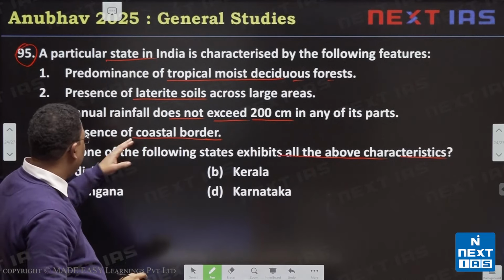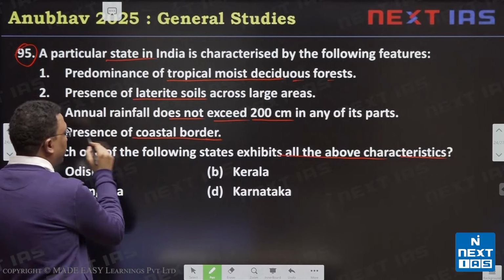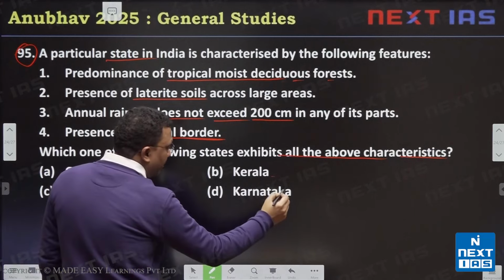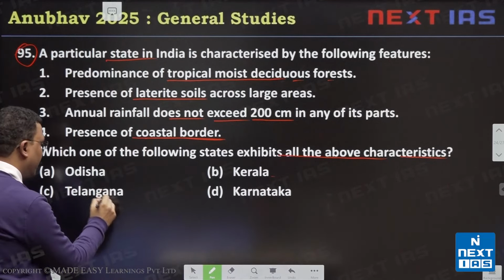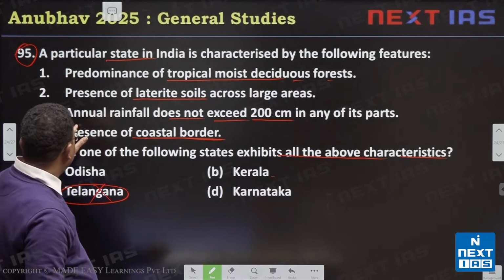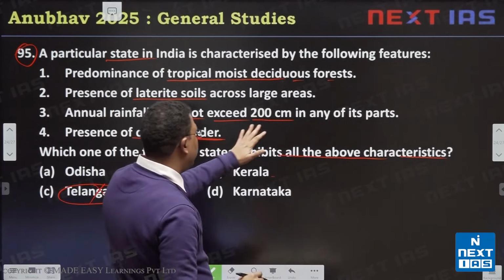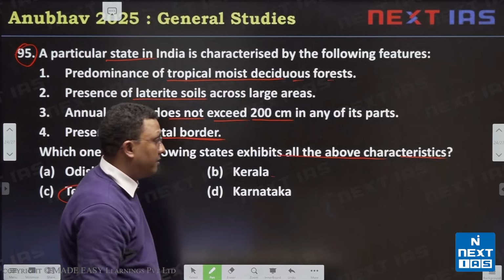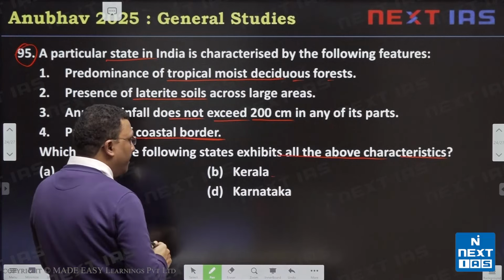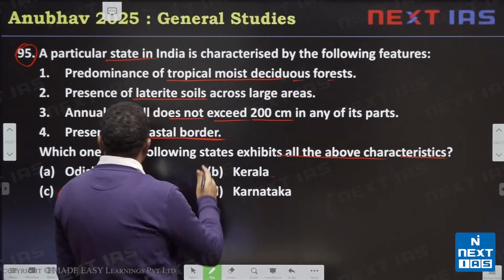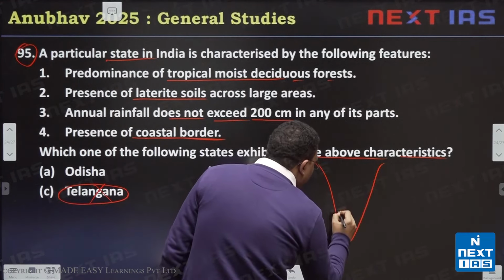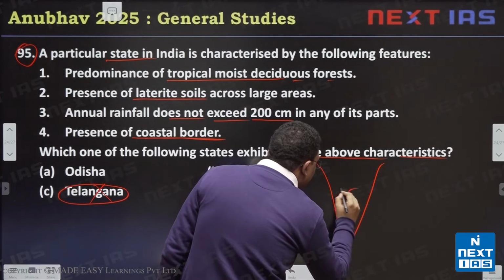So let's see what can be eliminated based on this feature, presence of coastal border, right? If we see the options, Odisha has a coastal border, Kerala has a coastal border, Karnataka has a coastal border, but Telangana does not have a coastal border. So one option is eliminated. Now let's read the third feature, annual rainfall does not exceed 200 centimeter in any of its parts, right? Now if we see the options, Odisha, Kerala and Karnataka remain, right? Kerala and Karnataka will not fulfill this characteristic. Why? Because Kerala and Karnataka are located along the Western Ghat, right? This is Karnataka,